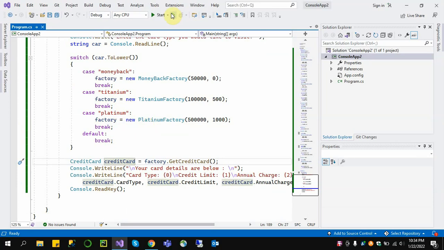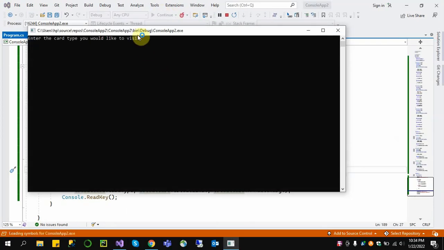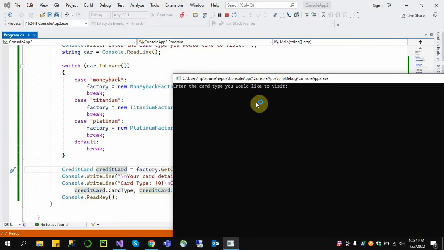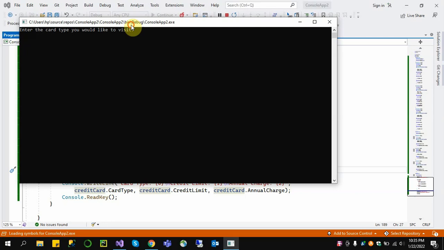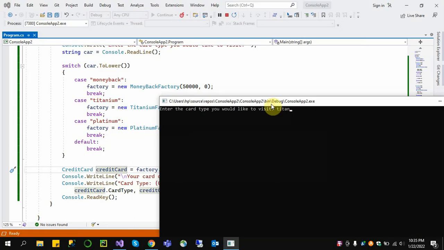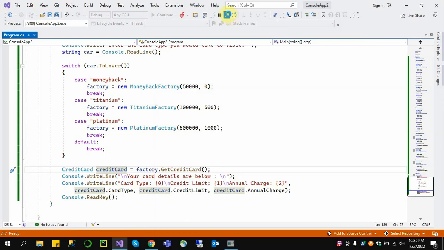Let's start from the example. If I want a money back credit card, then our factory will create a money back credit card. If I want titanium, our titanium credit card factory will return the titanium credit card.